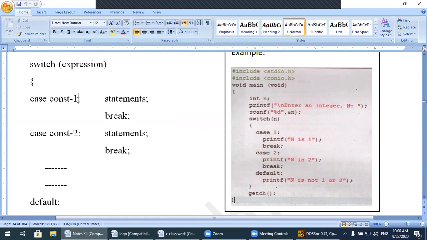So constant 1 is any user defined word. Case is the reserved word. User defined word means any kind of word I can assign, or you can say any constant. At the front, statement, at the last of each case, I use the break statement. Whenever cases are finished and the value is not matched,